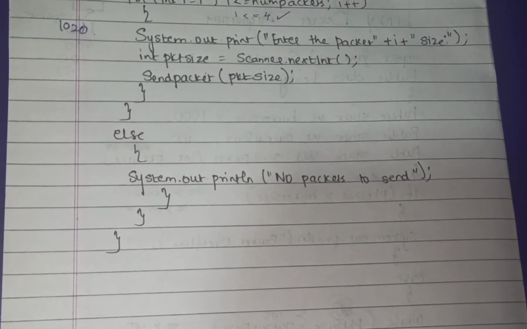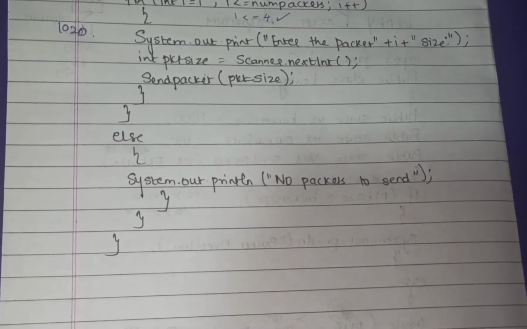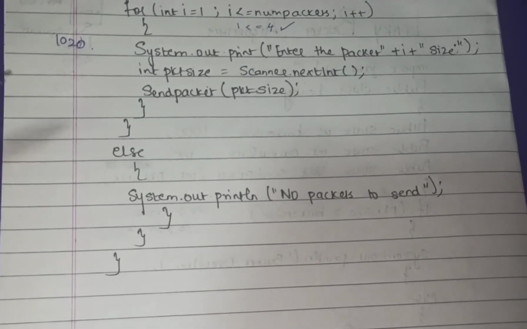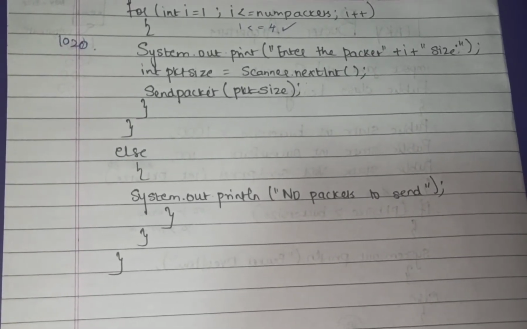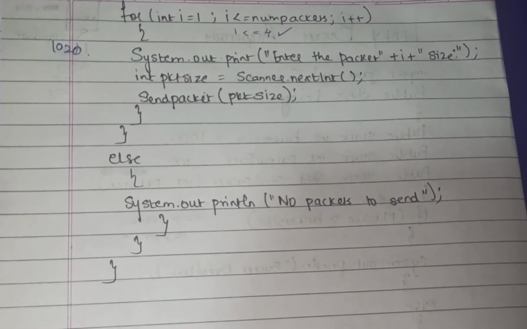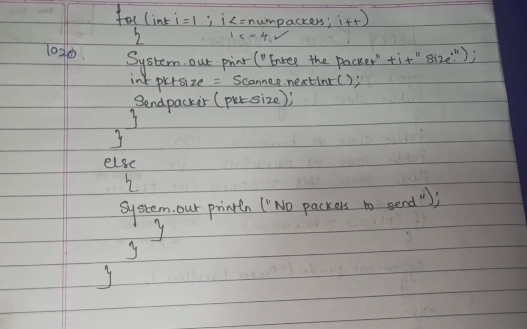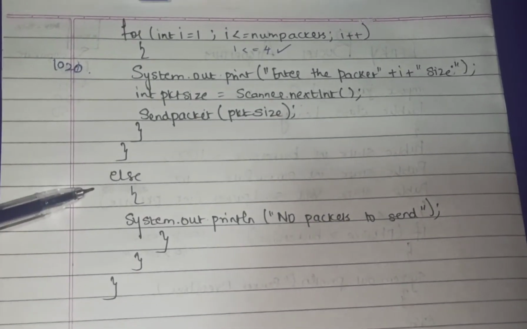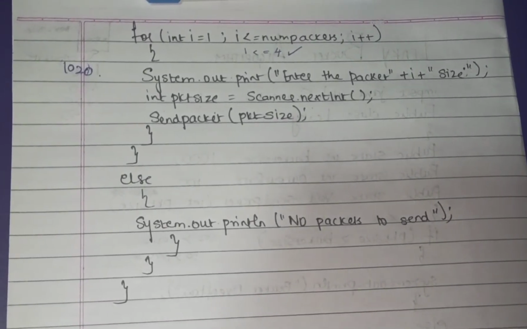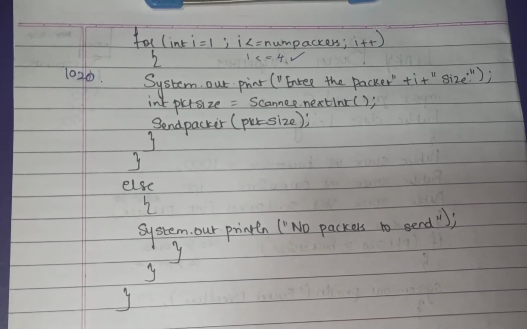So that is how the function will be running. We have checked initially if the number of packets is greater than 0. Then you will perform all of this because there is some packet being inserted into the network. Suppose the number of packets is not greater than 0. Then it will come to the else part, that is, it will print no packets to be sent. So this is the leaky bucket algorithm program. Thank you.